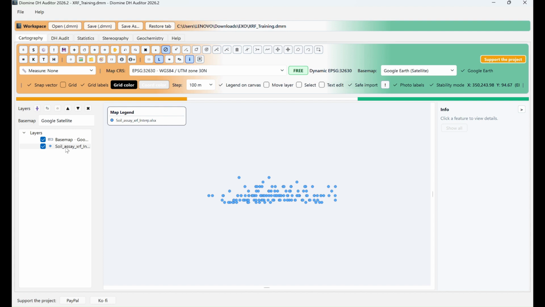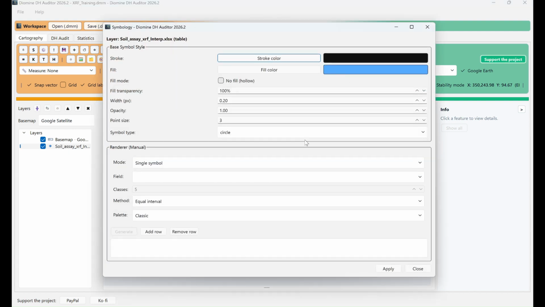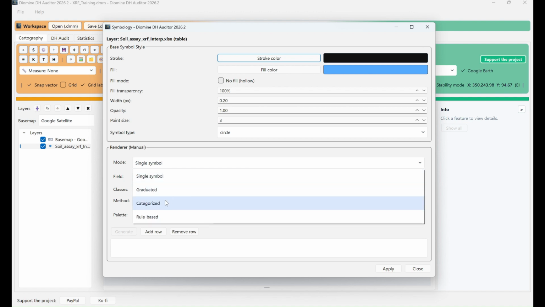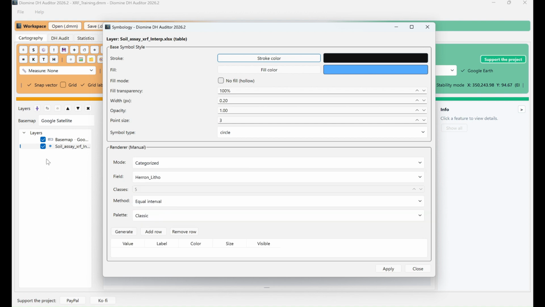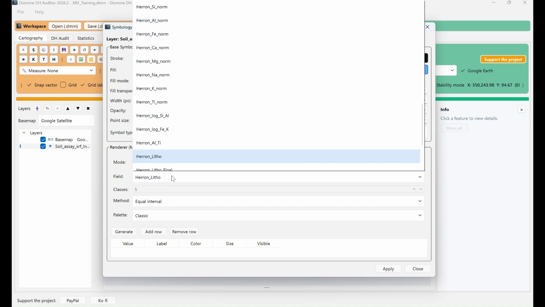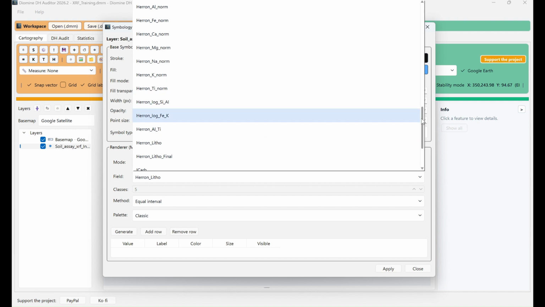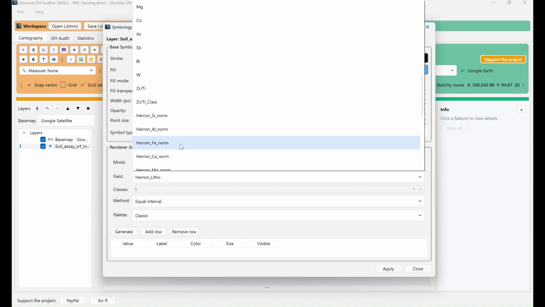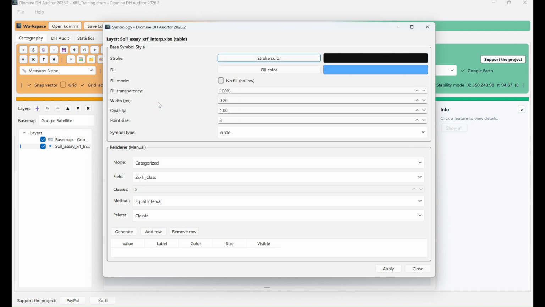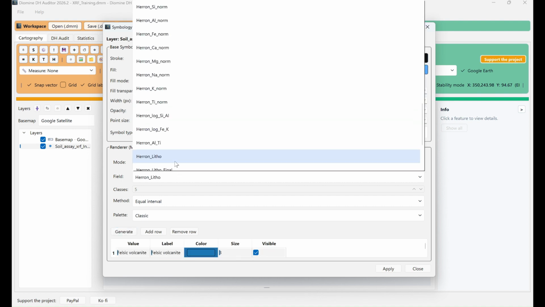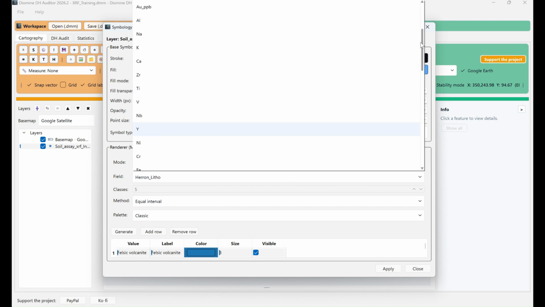The next process is to categorize lithology using this option. I just did double click on my layer, and this is Herron litho. No, I'm not gonna use Herron litho because my project, I know that it's dominated by intrusive and volcanic rocks, so I'm gonna use zirconium, titanium, and okay. And here I generate classes, and I'm gonna come and